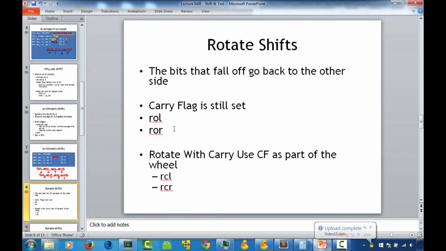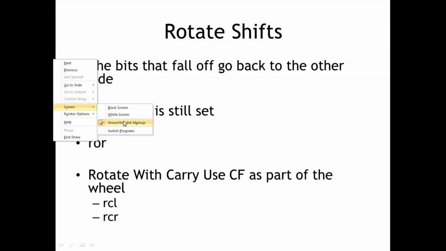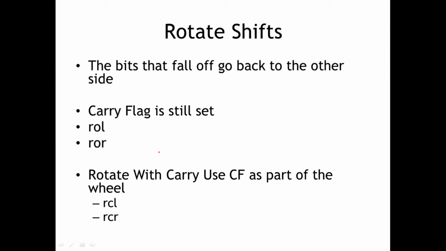Okay, there's another instruction, and that's rotate with carry. And so what happens with the rotate with carry is that instead of setting the carry flag based off of whether we rotate a set bit off or not, we actually use the carry flag as part of the rotation. And so let's say that we take an 8-bit value, 1010 1010, which would be AA. We also use the carry flag. So now if we rotated that using RCL by 1 bit, we'd rotate,